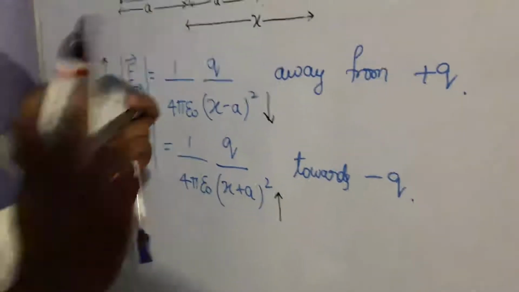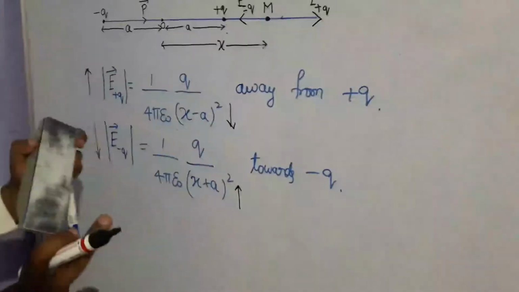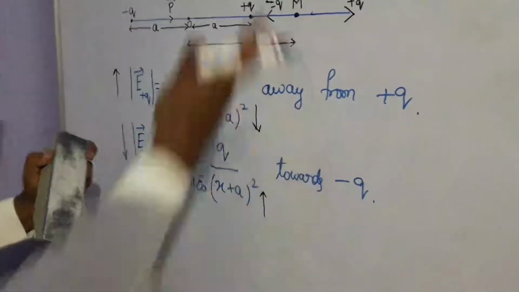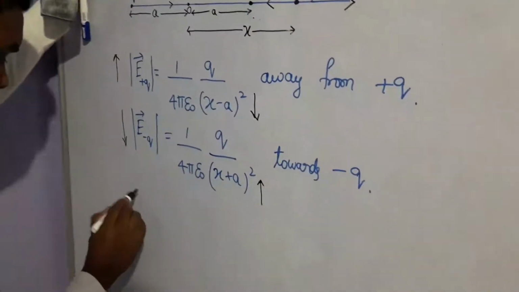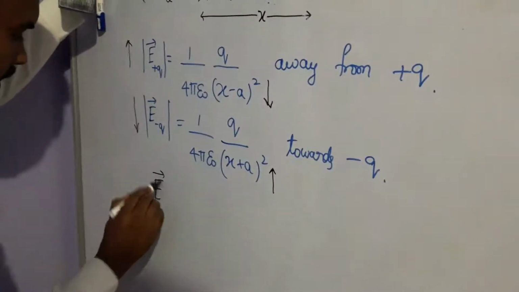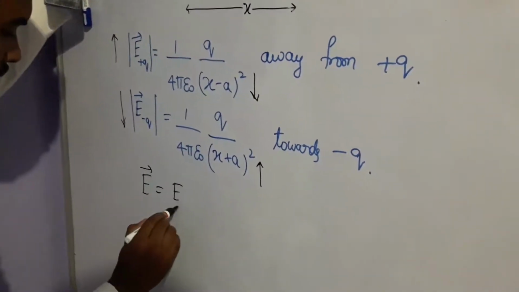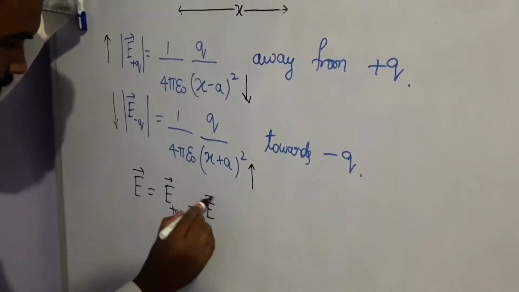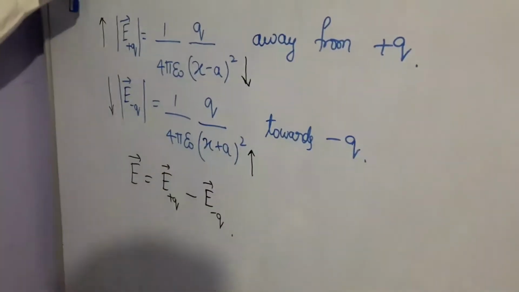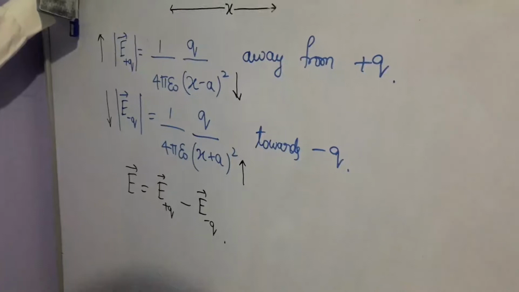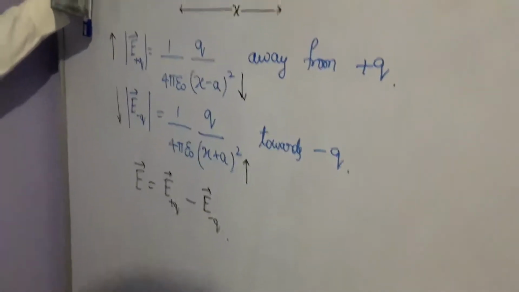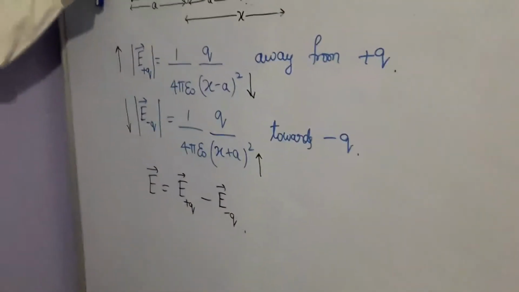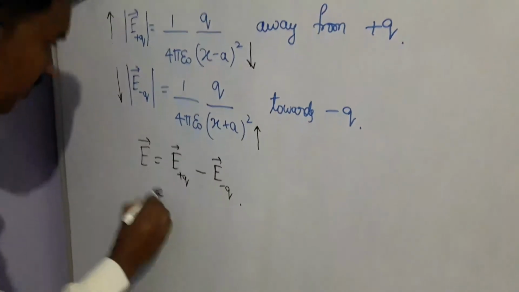Now if there are two vectors in opposite directions, then the resultant vector will be whichever vector has the larger value minus the other vector. Means the resultant electric intensity, capital E, will be E plus q minus E minus q. This is the resultant electric intensity, because the vector chapter you already discussed in the first year, right? We are using the applications of vectors here. E plus q minus E minus q. What you will get? You will get 1 by 4 pi epsilon